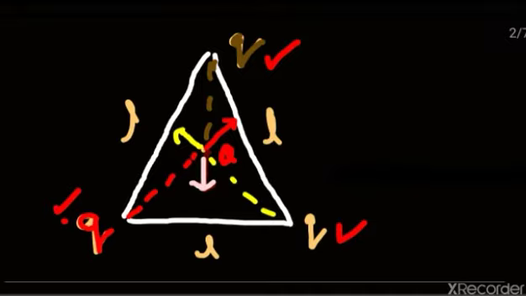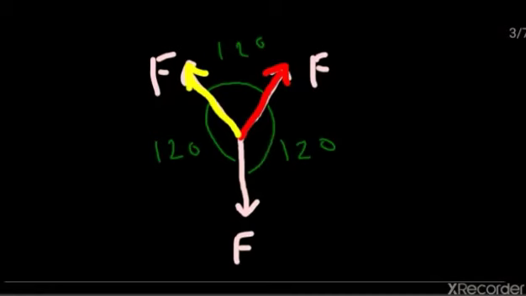I have shown it in another diagram here. Here I have shown all three forces which are acting on the capital Q charge. All three forces are of equal magnitude, let's say F. Since these three are equal, the angle between them will be 120 degrees, because these three vectors are equally spaced from each other. Now we have to find the resultant. What is the resultant of these three equal forces?